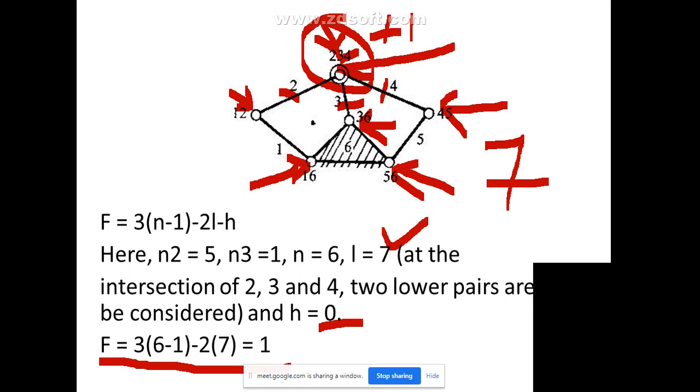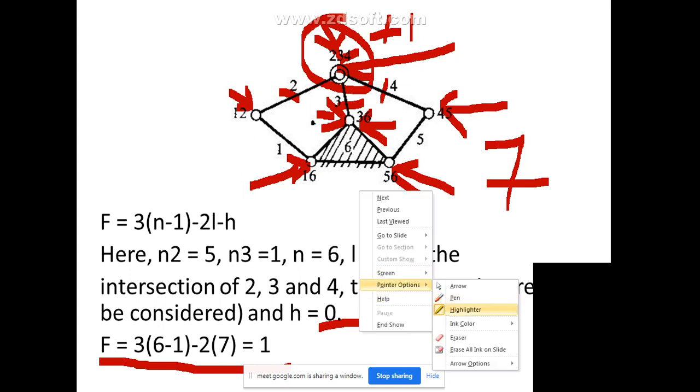Now you may have some confusion how to consider when there are more than 2 links. Sometimes what the students do, I'll tell you. Now suppose in this problem this 6 is taken as a ternary link. But this is not connected with 3 links, it is only 2 links, because the connection from 3 and the connection from 6 link, it is only the connection between 2 links only. The joint is having only connection between 3 and 6. You can see the number 3, 6 there.